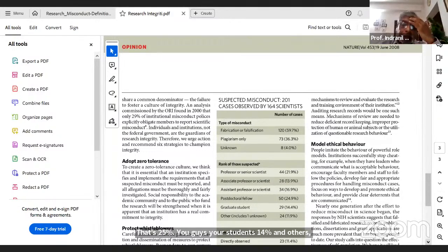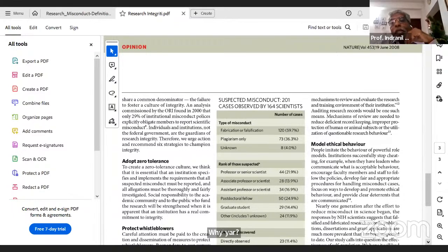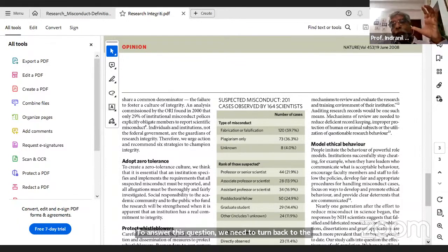We might ask the question, why are professors indulging in such misconduct? They have already gone up to the highest echelons. To answer this question, I will not answer it in this forum. But to answer this question, maybe we need to turn back to the philosophical aspects, which we have been discussing yesterday. We have to turn back to Putnam's ideas of